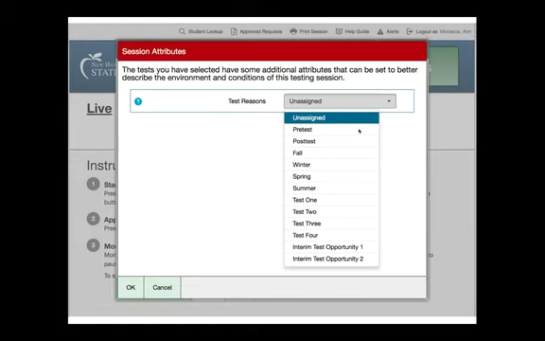So if all of your students in one grade are taking the same assessment, the teacher should choose the same option here. So what I'm trying to tell people is just choose unassigned.